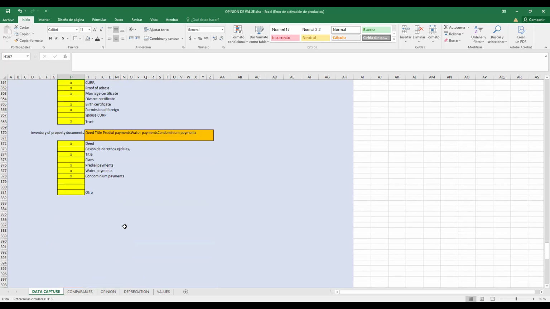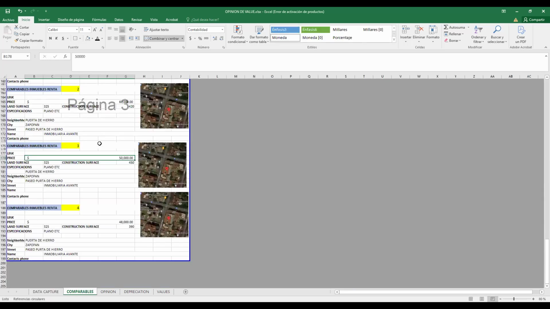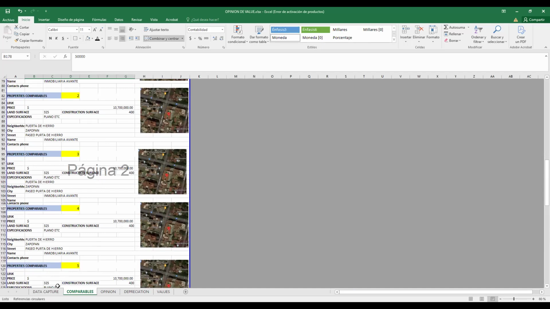Let me know if this is better to say this way or whatever. I'm learning about this with you. Okay, and this is the part of